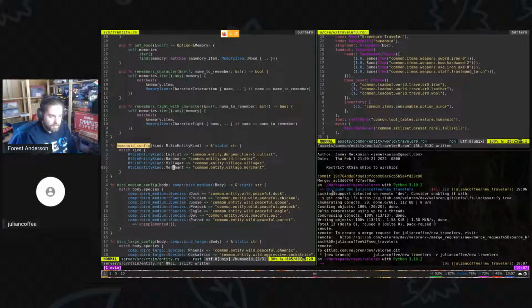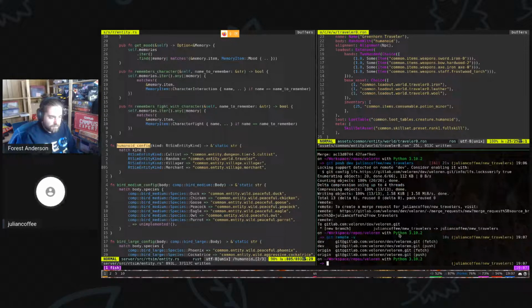So we say git push, then we specify our remote, and dev on my machine means Veloren dev